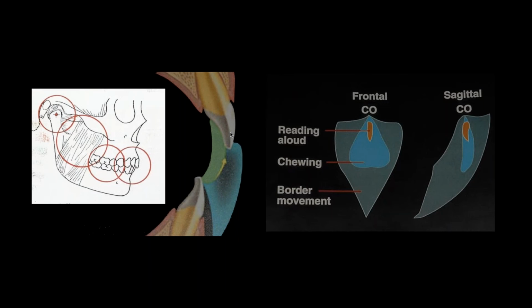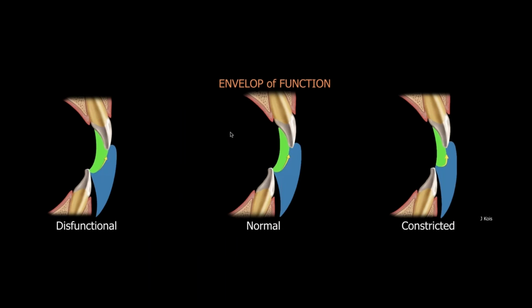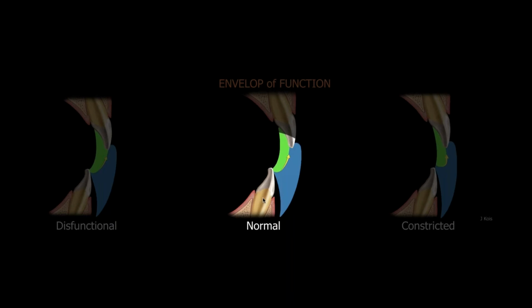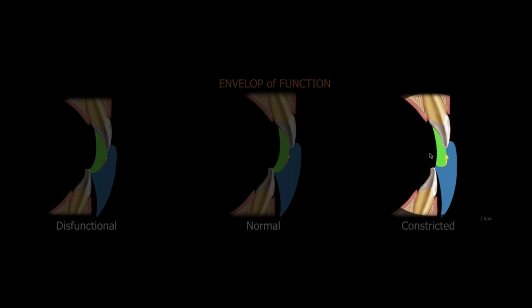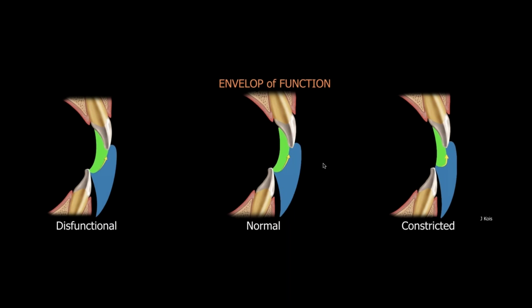I want to keep a little bit of freedom there, because most of the time that's where the interferences or problems will come from. So I want to make sure that I understand what the proper envelope is, and I want that envelope to be normal, meaning that my lower incisal edge functions comfortably behind that upper lingual cavity. I don't want it to be too extreme, because that can cause what we call dysfunction, and I don't want it to be too tight, because that could be a constriction, meaning that the lower incisal teeth are